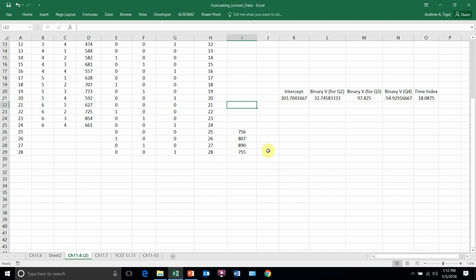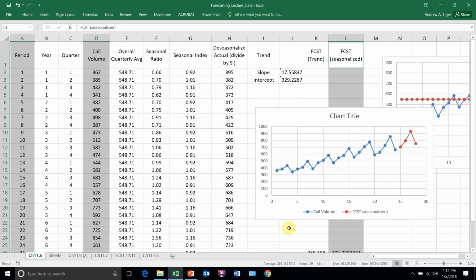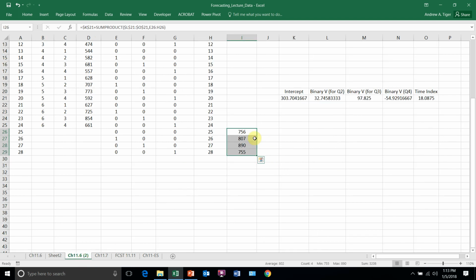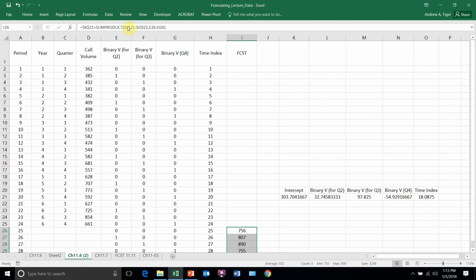We did not use the decomposition method. We did not calculate a seasonal index in terms of a multiplier. We generated a bump attached to that. So you can see the bump. These are for quarter 2, 3, and 4, where quarter 1 is kind of the base. So if I look at these numbers compared to what I did prior, 756, 807, this is what I did prior. I had 703, 792, so that's one forecast, that's the decomposition method, and now we just generated another set. So if I would forecast using this one,